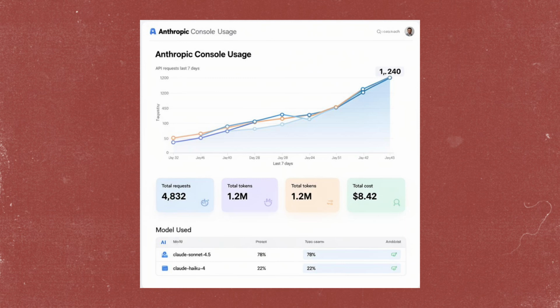Total requests: 4,832. Total tokens: 1.2 million. Total cost: $8.42. And a per model breakdown table shows Claude Sonnet 4.5 at 78% of usage and Claude Haiku 4 at 22% of usage. Use this dashboard daily during early development so you don't accidentally rack up a $500 bill from an infinite loop